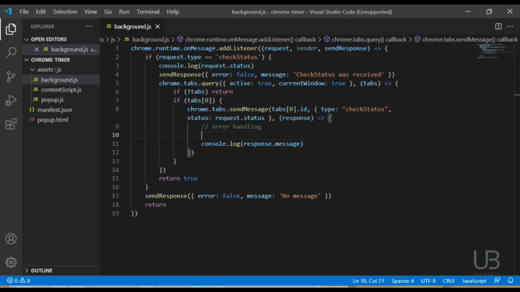That's all. And there are two ways to do the countdown. We could allow the content script to do the countdown. I hope you know what a content script is all about. If you don't know what a content script is, go back to the second video. The link is there so that you can watch and know what a content script is. So we could leave the content script to do the countdown,